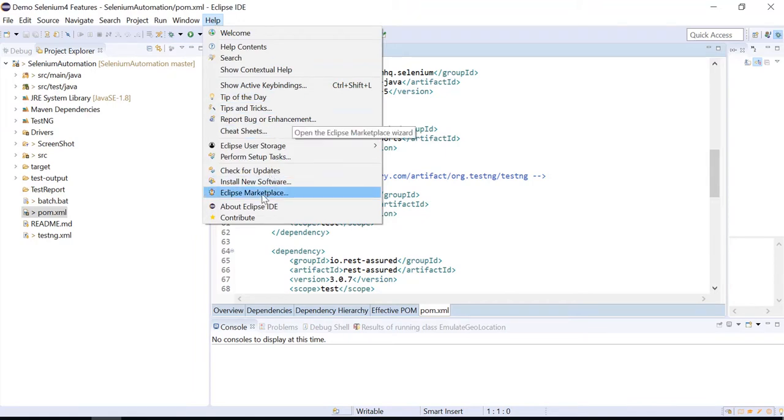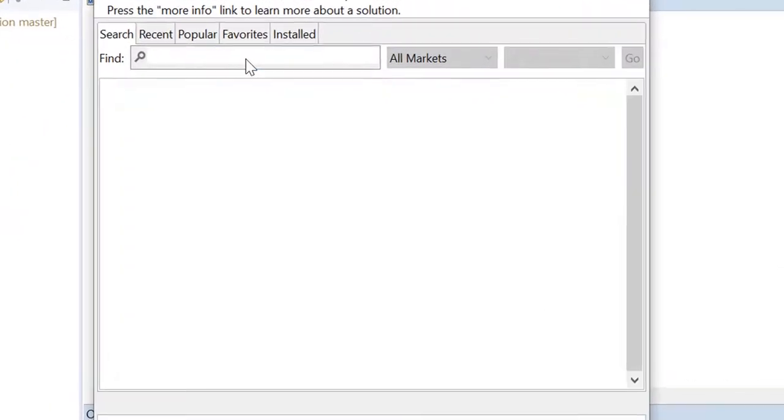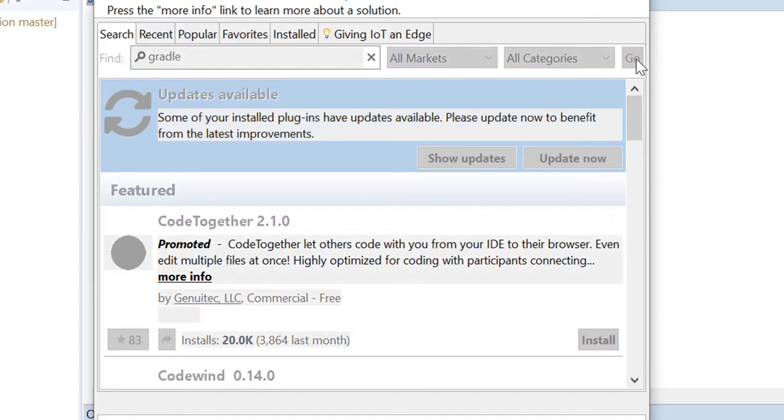Go to Eclipse Marketplace. Okay, let it load. So it loaded. After loading, here you can type Gradle. After typing, you can press enter or click on the go button.